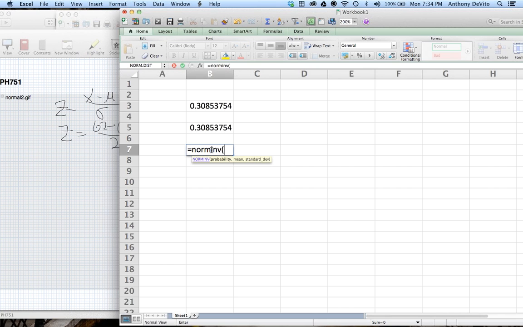What's the probability that we're interested in? We're looking at the probability of randomly picking someone out that's lower than that number: 30.84%, comma, the mean is 63, and our standard deviation is 2. And what is the value that'll do that for us? It's 62. We just did the exact opposite using Excel of what we had done to calculate that area. We took the area and calculated what the height has to be to have that probability of finding someone of that height or less.